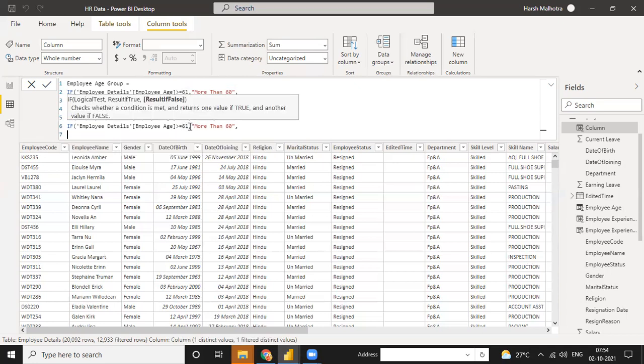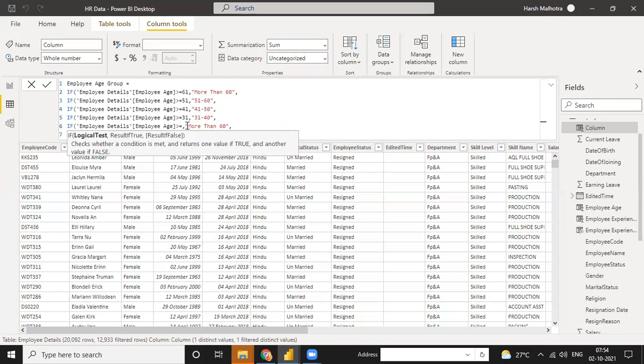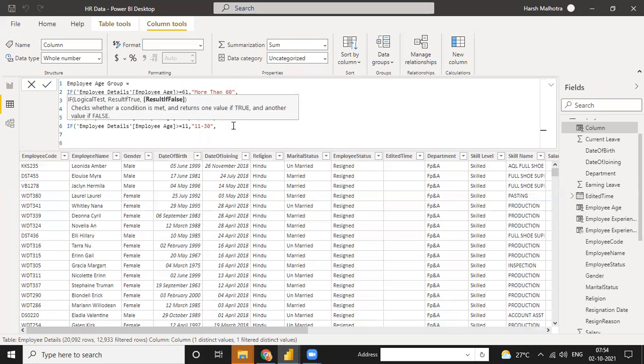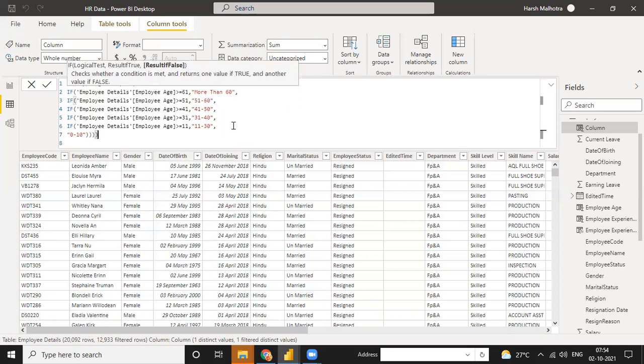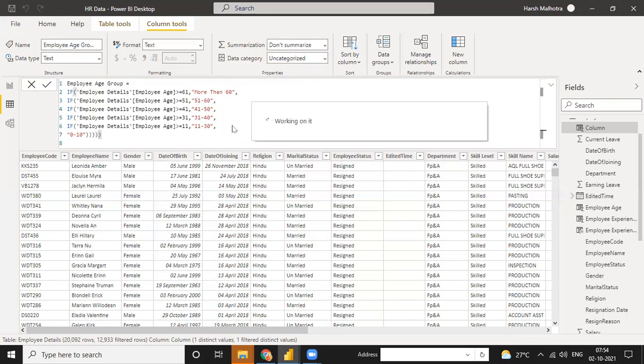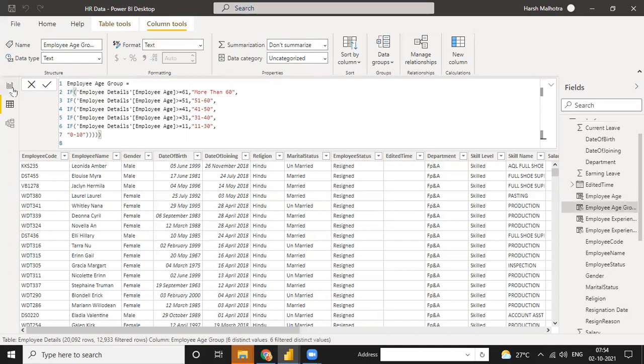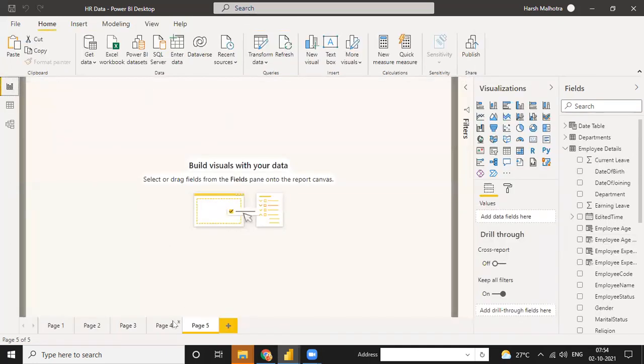For this, greater than 11, so here it is 11 to 30. And the last function I can use as false, which means 0 to 10, because 11 is there. So I need 0 to 10. And in the same way, my employee age group is ready.